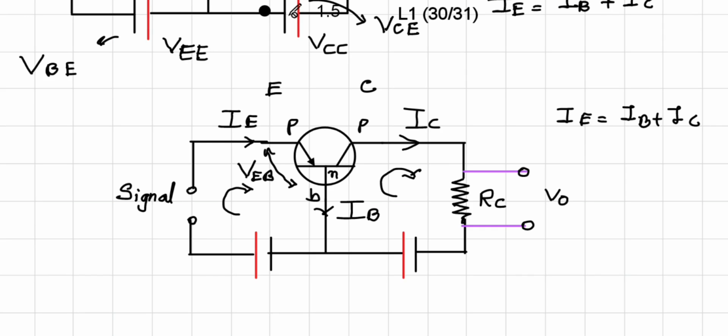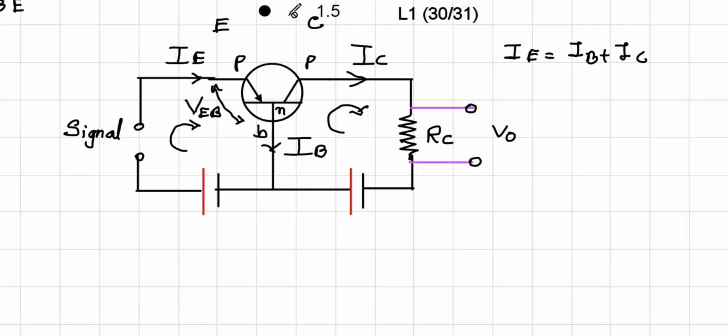So these are the ways batteries are connected. Conventional direction of current is considered. Okay, so the direction of current you understood, and what the concept of VBE and VEB is, that also you understood. Now let us consider this transistor being used as an amplifier.